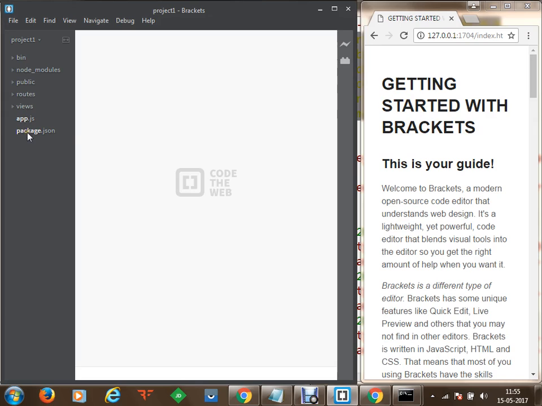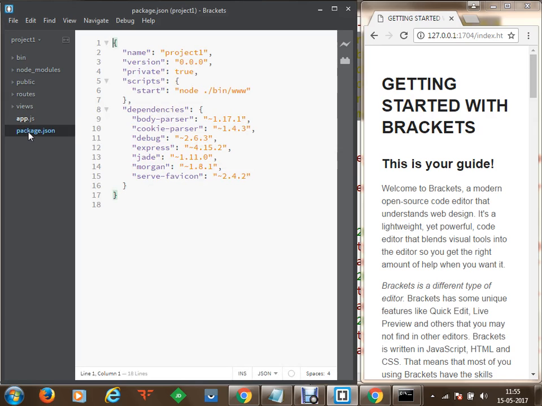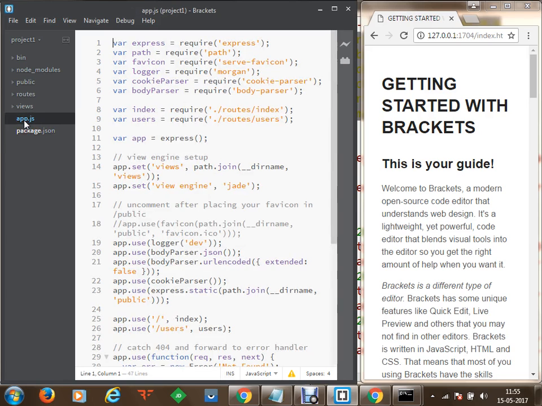We have already seen that we have a package.json file which gives you access to your unique identifier of the project, the version of the project, is it private, which script it's going to start. So we have multiple things available. Now this is your main controller, which is app.js. This is the most important file. Whatever settings you want to perform on your project, it has to be done within this app.js, and we are going to make use of this file in the fourth section of the project.